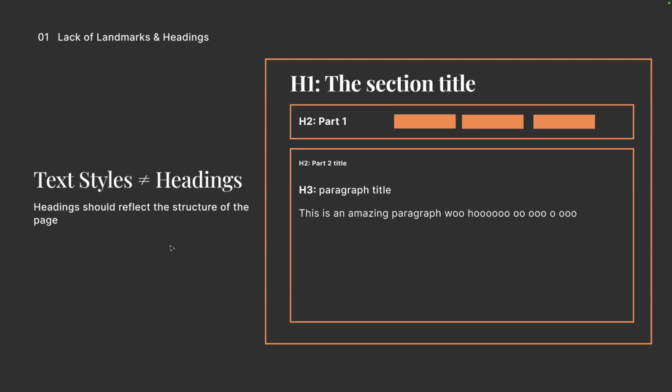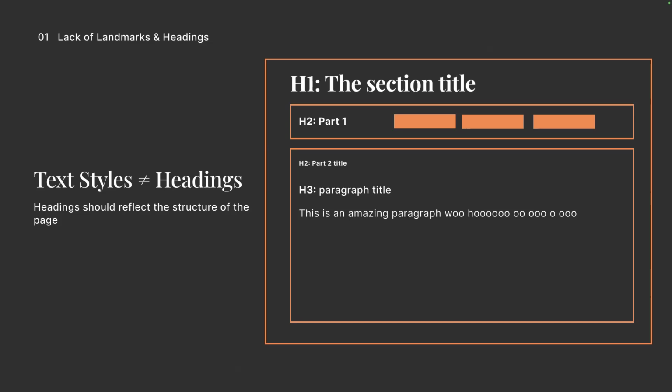However, text style is not equal to headings. I know we use the term headings a lot in the design world. We're usually talking about heading 1 being the biggest heading, and heading 2 might be a slightly smaller one. But it should really reflect the structure of the page instead of the style. Just because the text is bold, larger, or a different color doesn't make it a heading. A heading should be defined by an H1 to H6 tag in HTML,